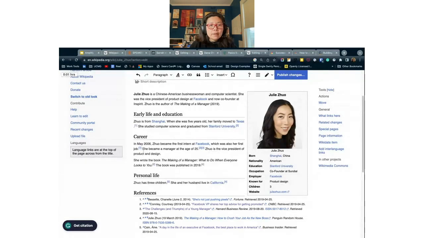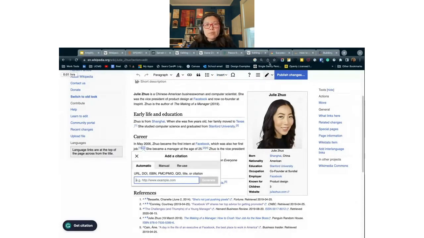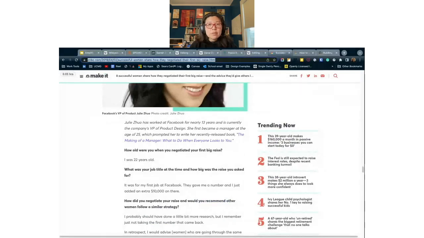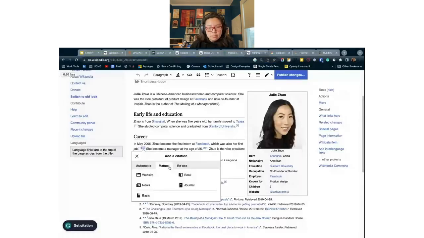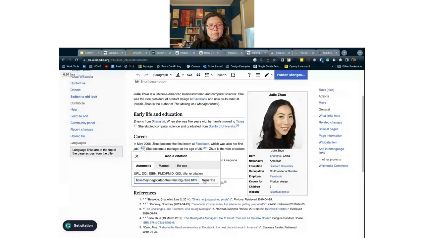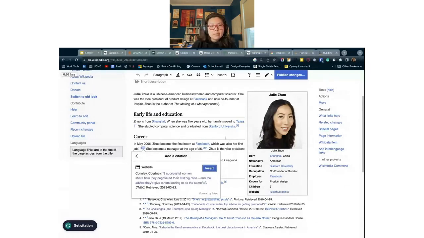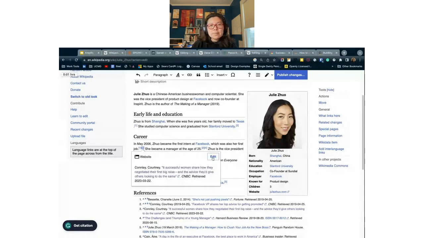and then I'm just going to put the cursor here, insert template, I think it's this one. Oh wait, it's this one. Citation. What's really nice is that you can just copy the URL and then paste the URL. You can also do this manually too, but they made this very nice. So it will go through the article, find all the information. You can hit insert. Sometimes when it scrapes this, it doesn't do a really great job. So you can go ahead and edit.